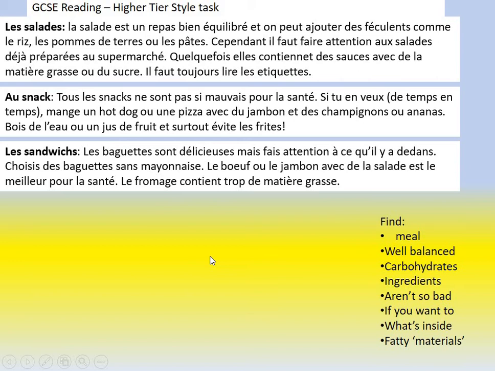So your first task there would be to have a good read. You don't have to listen to me again if you don't want to, but have a read and find these words. We always do a little bit of this, right? Because it makes you read those texts again. Now they do go in order. Alright? They do go in order.